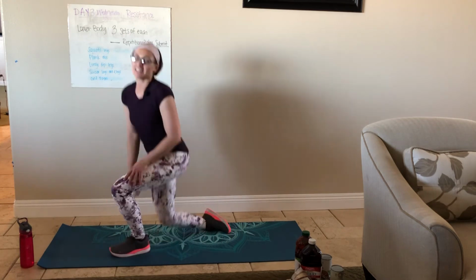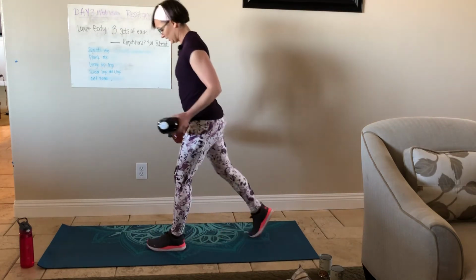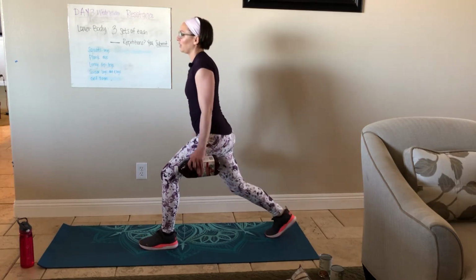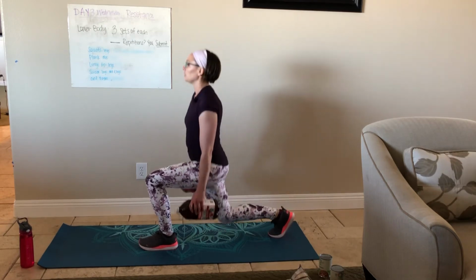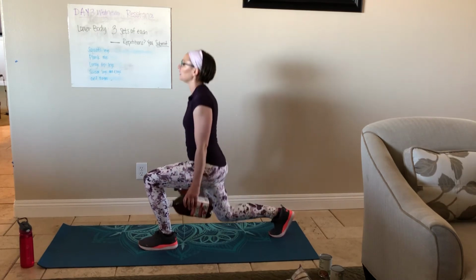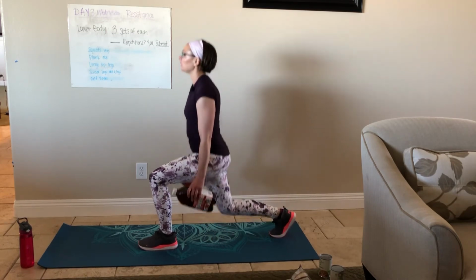Into our lunges. So, make sure you grab your weights. Tuck that butt back or keep your butt down. Leg back and ready and go for 1, 2, 3, 4, 5, 6, 7, 8, 9, 10, 11, 12, 13,